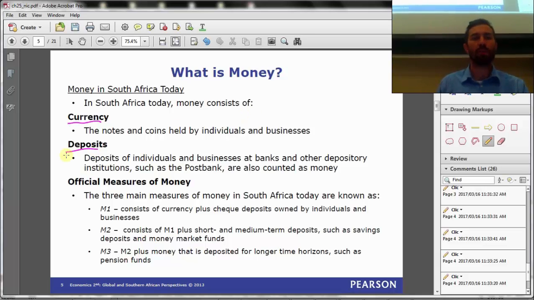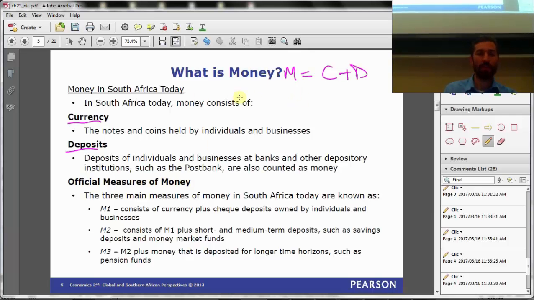That's different to a deposit. A deposit is the nominal value of your bank savings, if you have a savings account. In other words, you have some money amount in a bank deposit. Okay? That constitutes money. In other words, if we want to say what is money, let's say money equals M. M is equal to currency plus deposits.